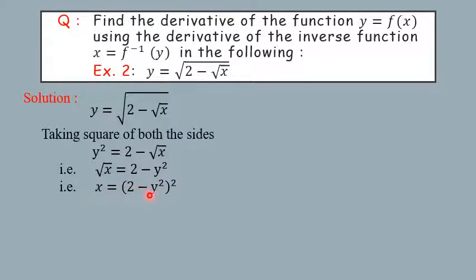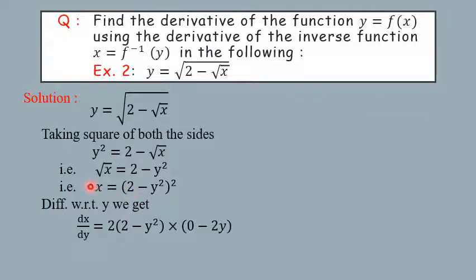that is here x is a function of y. So this is the inverse function of the given function. Okay, and now we are going to differentiate this with respect to y as x is a function of y. Okay, so differentiating with respect to y, we get the derivative of x with respect to y is dx by dy, and to find the derivative of this function we have to use